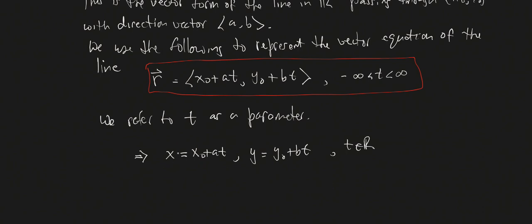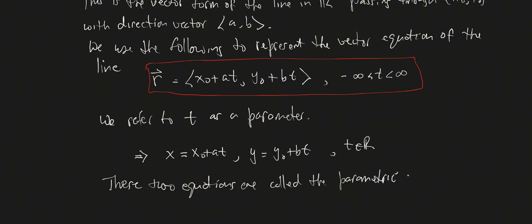And that's what we've defined right here. So these two equations, one for x, one for y, are called the parametric equations of the line. Right? So what we have is there's a vector equation or a vector form, and then we